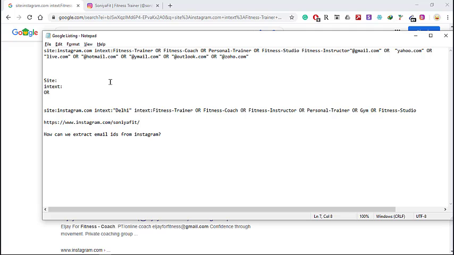This tells Google to return pages that have fitness trainer or fitness coach or personal trainer in those Instagram pages, and it's going to return only those pages. Here you could type OR in capitals, so it tells Google exactly to return pages of Instagram that have either fitness trainer or fitness coach or personal trainer in them.